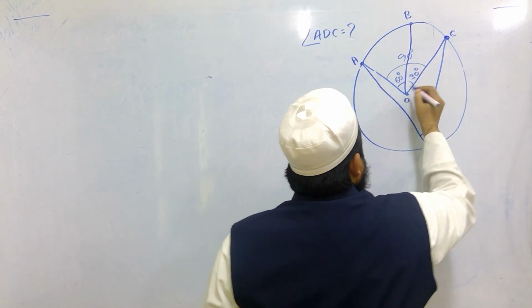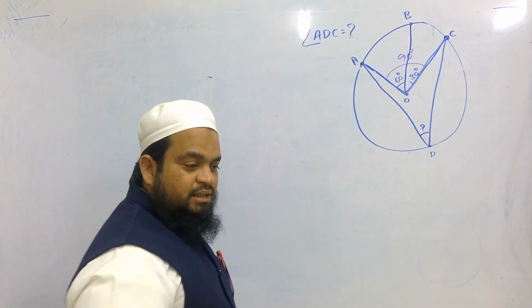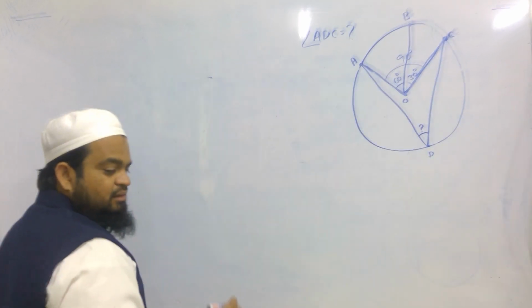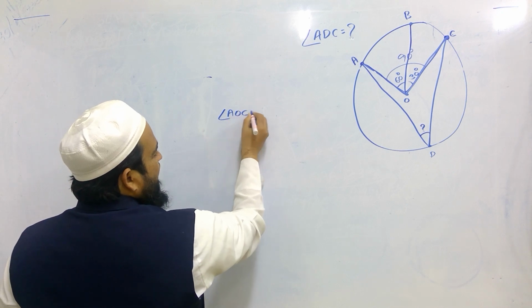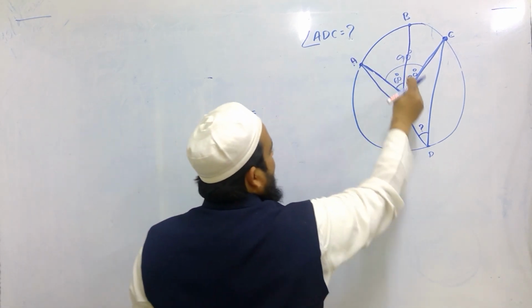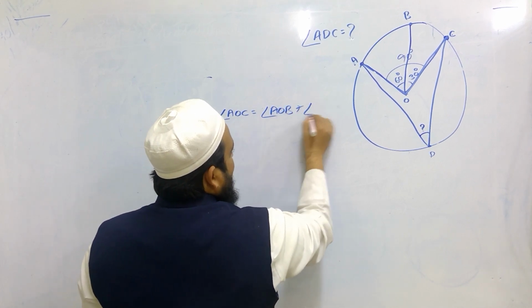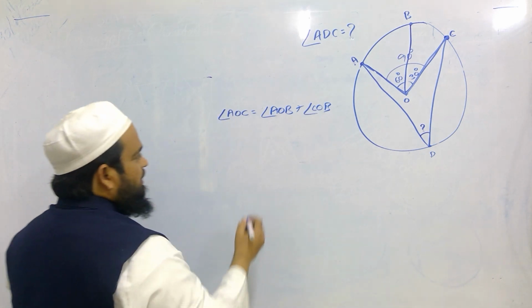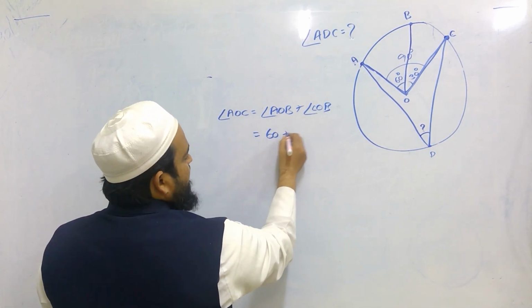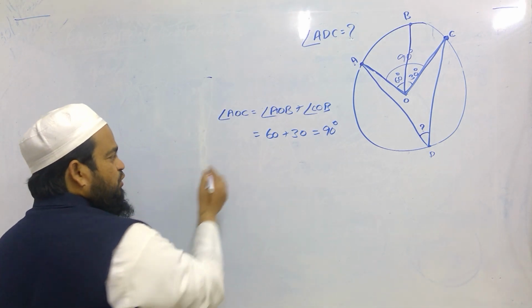Suppose this line is given. First, you have to find out the angle subtended by AC at the center. Understood? So, angle AOC. How is angle AOC formed? By adding angle AOB plus angle BOC, that is equal to 60 plus 30, that equals 90 degrees. Now, you have to write,